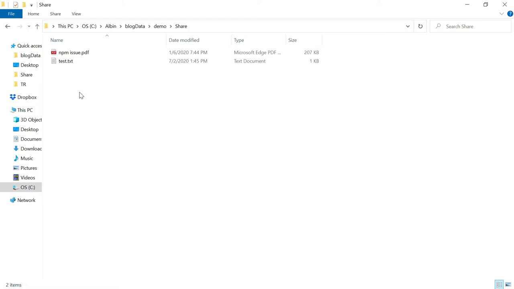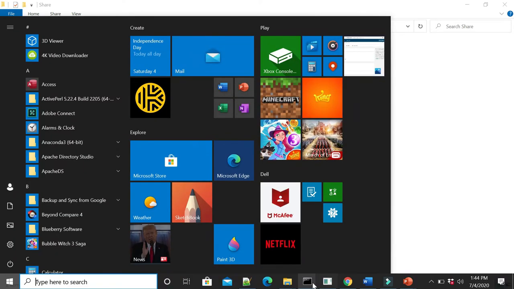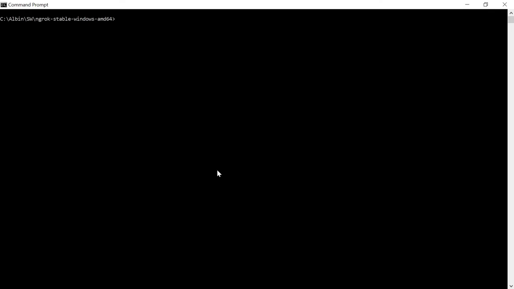As a first step, we need to start the Python HTTP server. For that, I first need to cd to this specific folder, because this is the folder I want to share externally. Now execute this command: py -m http.server, then the port number. I am going with 80. Whatever port number you want to enable, you can add it here. Now the server is started.